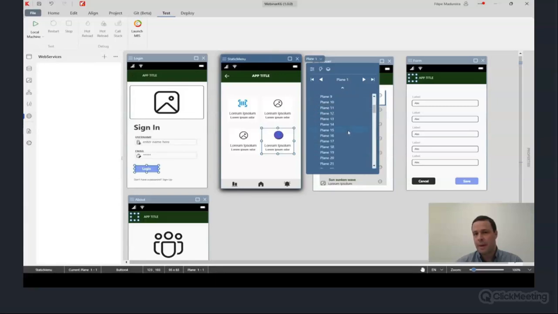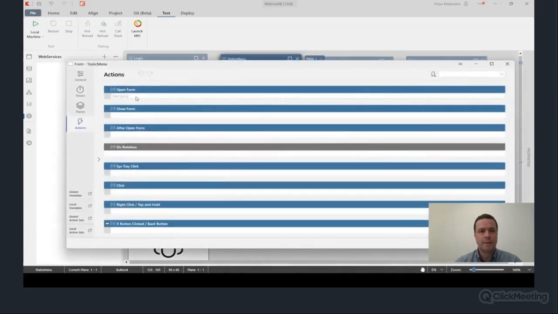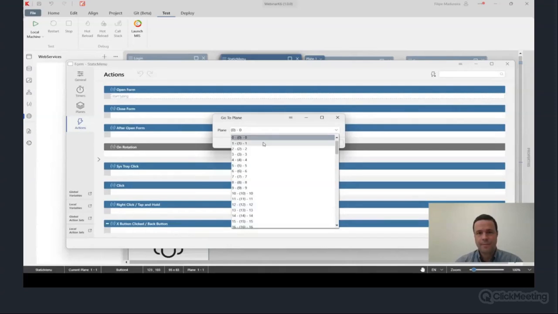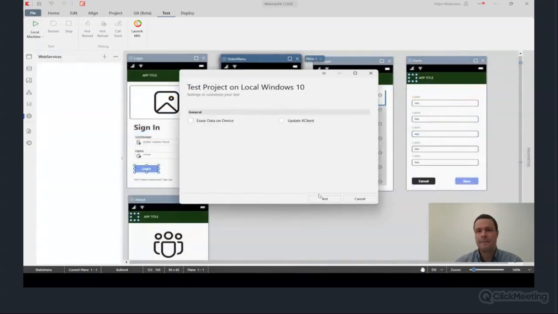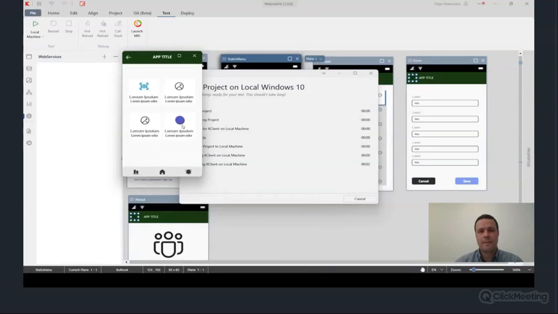And you can see that this new plane navigator is very handy, that you can use page up and page down like you did before, okay? So things are in plane one. This is what I want. So let's program this window that when it opens, go to plane one. And if I test again, log in, you see,